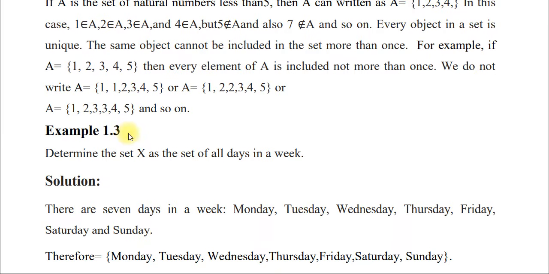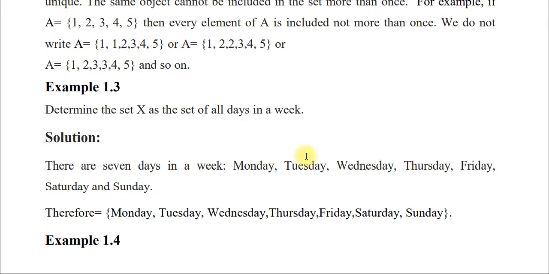Next example 1.3. Determine the set X as the set of all days in a week. እንግዲህ በአንድ ሳምንት ውስጥ ያሉ ቀኖችን ነው ዲተርማይን አድርጉ እያለን ያለ። There are 7 days in a week: Monday, Tuesday, Wednesday, Thursday, Friday, Saturday, and Sunday. Therefore, the set containing Monday, Tuesday, Wednesday, Thursday, Friday, Saturday, Sunday ብለን ኤክስፕረስ ማድረግ እንችላለን። ስለዚህ እዚህ ውስጥ መንዴይ ብለን መድገም አያስፈልግም፣ ቱስዴይ ብለን መድገም አያስፈልግም፣ ተርስዴይ ብለን መድገም አያስፈልግም። ስለዚህ እያንዳንዱ ኤሌመንት ወይም ሜምበር ዩኒክ ነው እንላለን ማለት ነው።